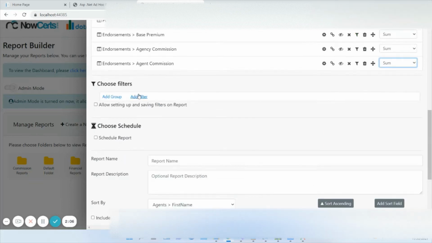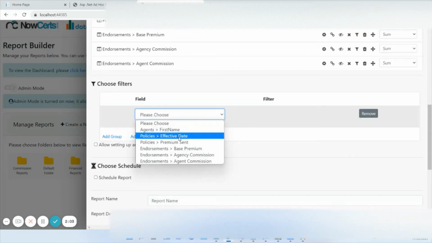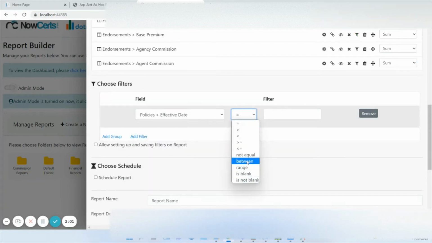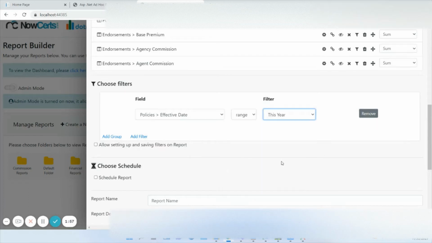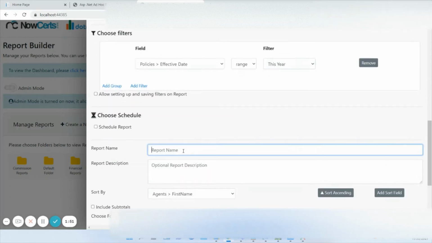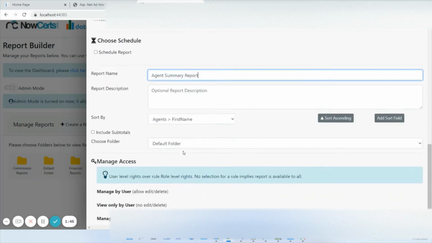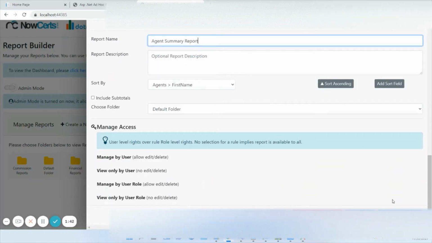I'm going to add a filter and say the date range is, let's just say, this year. I'll check this option in a second, which will let me choose filters on the report as well. But let's call this agent summary report. Then let's go ahead and save and run it. So what I'm expecting is